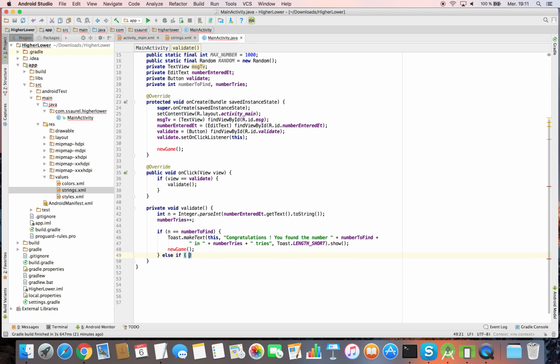If the number entered is higher, we display a too high message on the screen. And if the number entered is lower, we display a too low message on the screen.